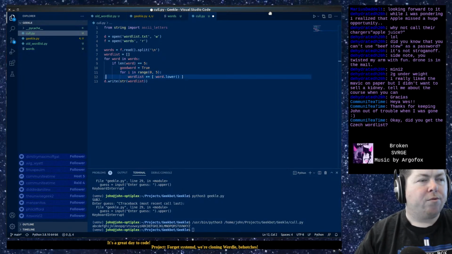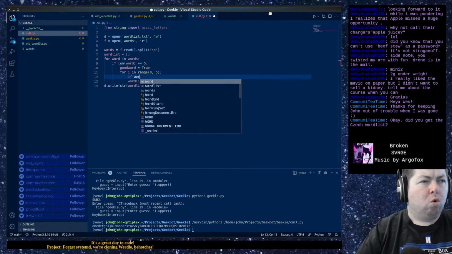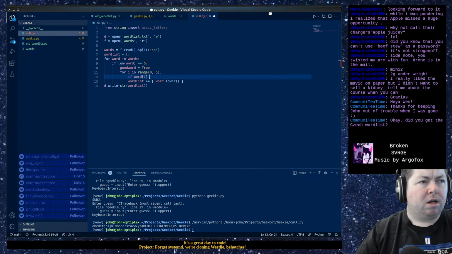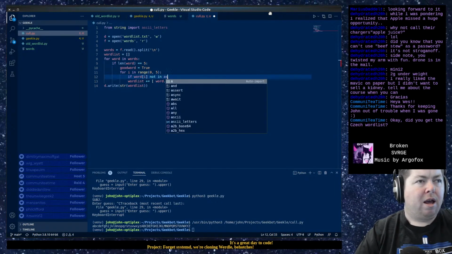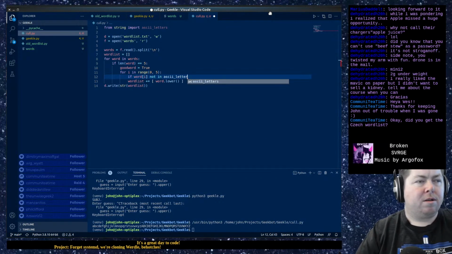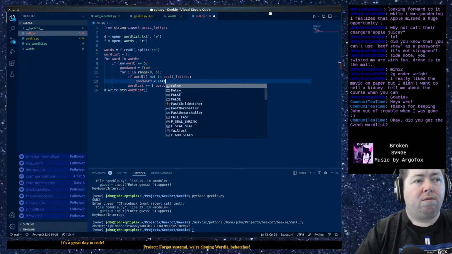So for i in range 0 to 5, if word i not in ascii_letters, then good word is going to equal false.